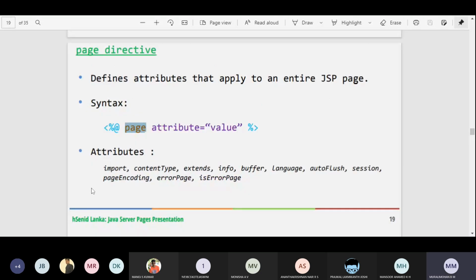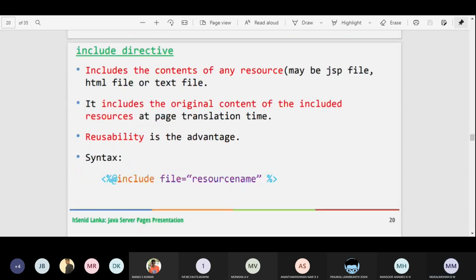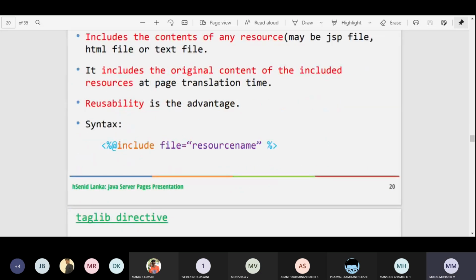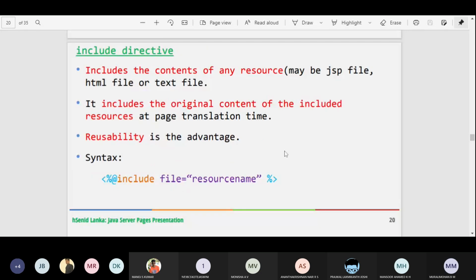So it is a page directive we are having, and here it is an include directive. What is the advantage of this? Reusability. If I am including an already existing file, it saves a lot of resources, right? That is what it does: it includes the original content of the included resource at page translation time.